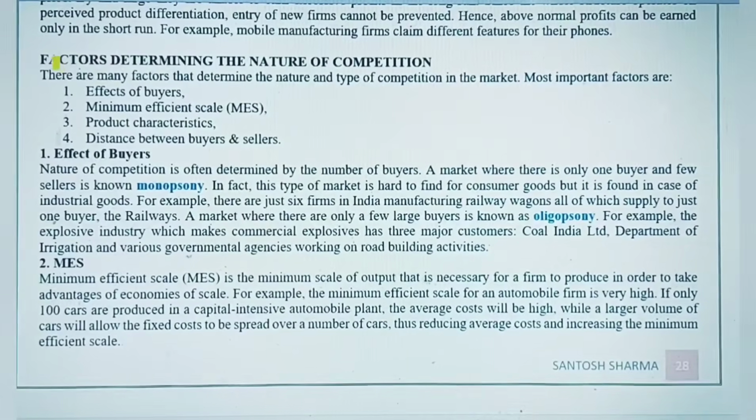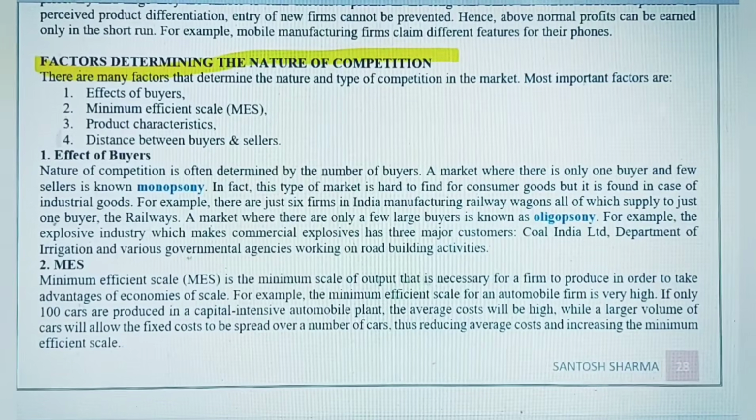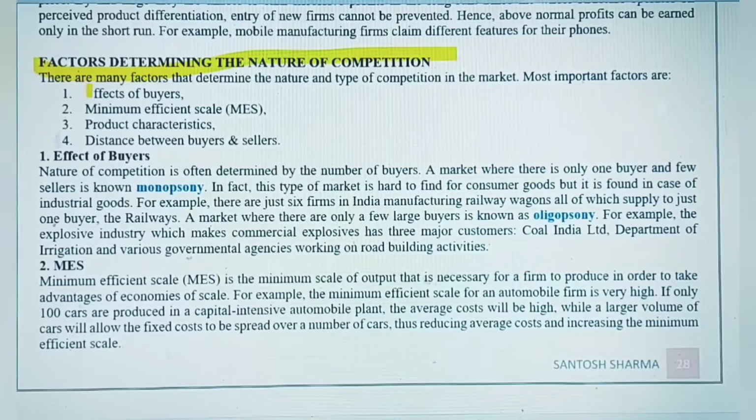And then the factors that determine the nature of competition. So in this you can write